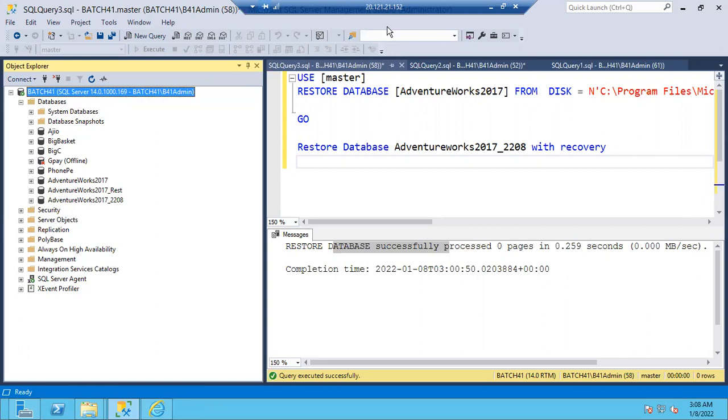Shravanti, tell me, higher to lower or lower to higher? For the 2017 SQL Server backups, we can restore in the 2019 SQL Server. Correct, guys. Why, Chandrakant, are you confusing me with a statement like that? If higher to lower is possible, then we can downgrade the SQL servers, right? So that is not at all possible, guys.